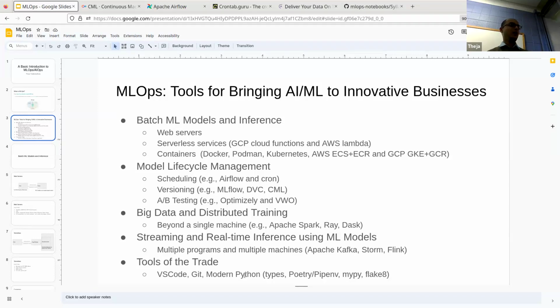Okay. Related to types and other things. But that's where we are. These are just selected popular topics related to MLOps. Now today, for the next few minutes, what we're going to do is really focus on scheduling, because it's an easy enough concept, and we just want to see what are some tools and how do we schedule things. Okay. Any questions here? Okay.